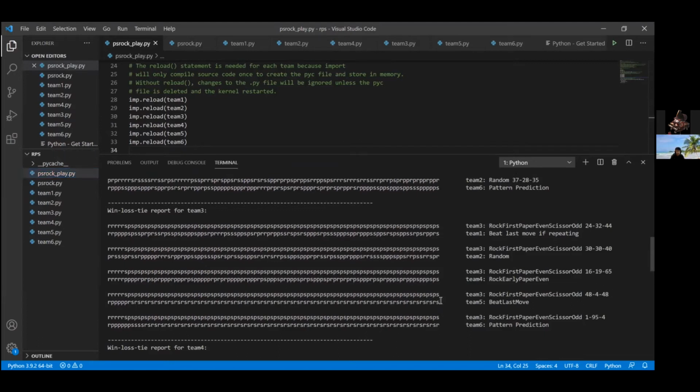Let's look at this one right here. This one is between two of the bots, team 3 and team 5. The first one is the rock first and then throw paper alternating, and the second one is beat last move. You can see for the rock first paper alternating, it does in fact throw rock